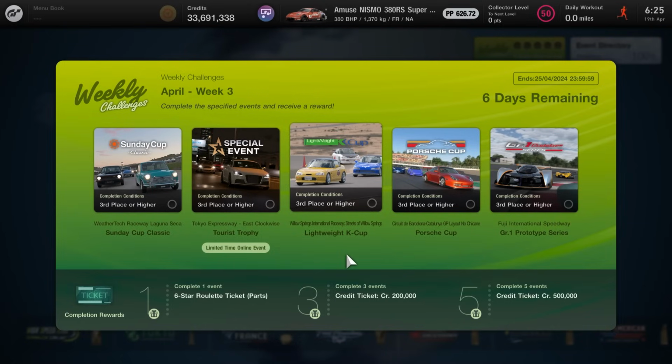be 500,000 credits. In terms of the events themselves, we have the Sunday Cup Classic over at WeatherTech Raceway Laguna Seca. Then we have the return of one of my favourite special events, that is the Tourist Trophy over at Tokyo Expressway East Clockwise, obviously aimed at the Audi TT generations. Then we have another one of my favourite events, the Lightweight K Cup, that returns over at Willow Springs Streets of Willow Springs layout. Then we have the Porsche Cup over at Circuit de Catalunya Barcelona at the GP layout